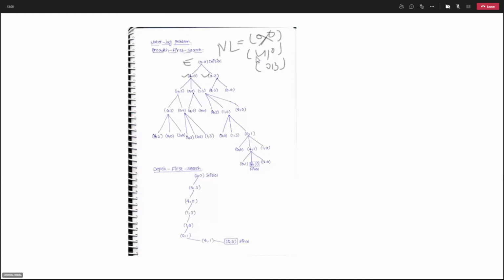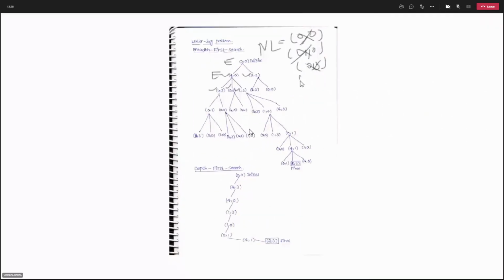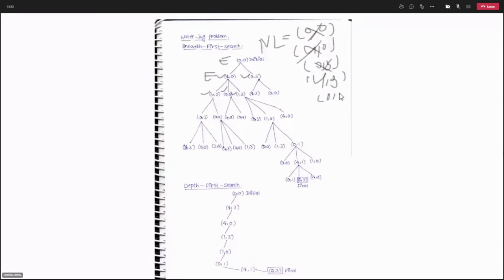So now you have to remove this 4, 0 from node list and call it as E. Apply each and every rule applicable to it. Okay, you have applied, you have generated 3 states. Okay, then what, none of the states is goal state, so we cannot return. Now we have to go back. So now remove this 0, 3. Okay, sorry, before removing 0, 3, you need to add 4, 3, 0, 0 and 1, 3 over here.